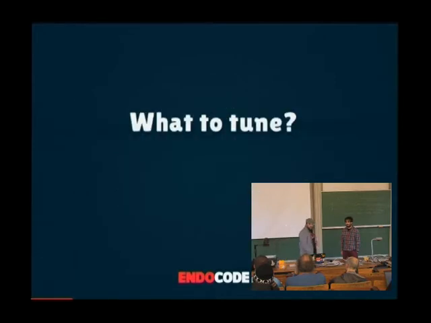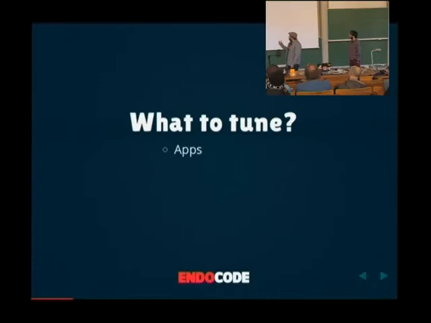Okay, so let's move on and actually look at the layers where we tune things. Now, the first layer is the one that's most accessible to everybody. But we can't really ignore this, because even if you're creating the device, you have to make decisions on what apps to use. For a browser, for example, you have the unmaintained browser that's there now, or you could choose something like Firefox, another open source browser. And if you look at these, you will see that one does things better than the other as far as memory management, and we'll actually talk about why that is.